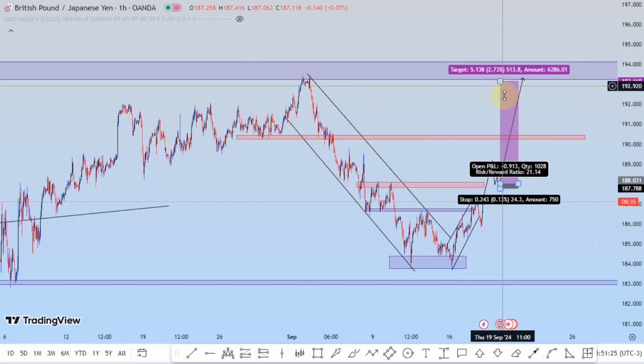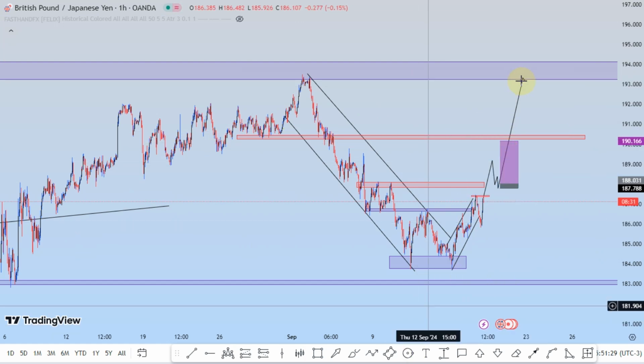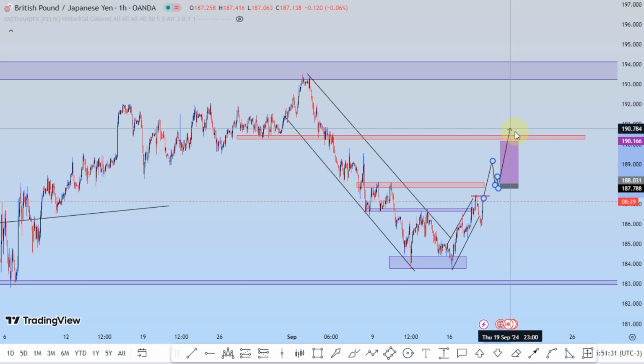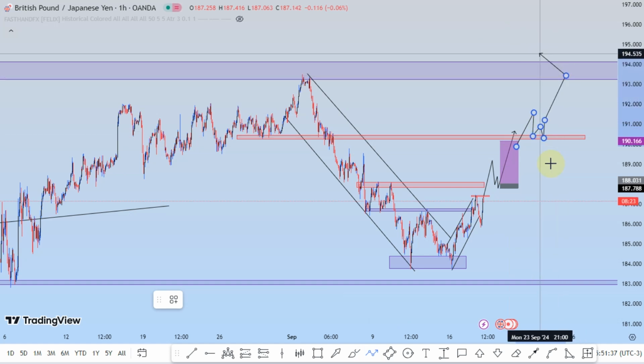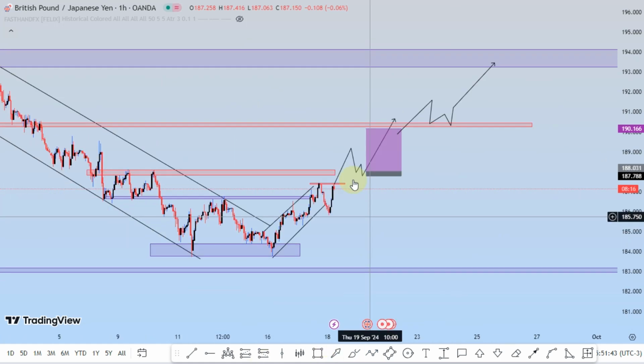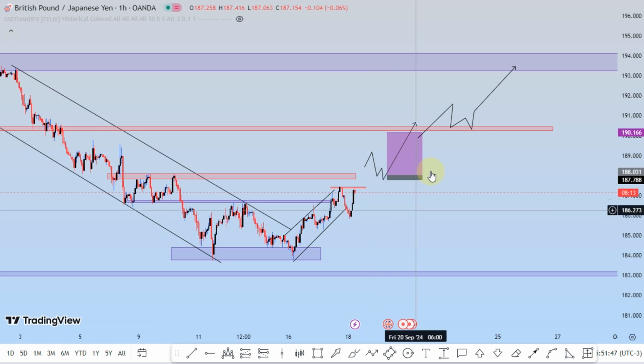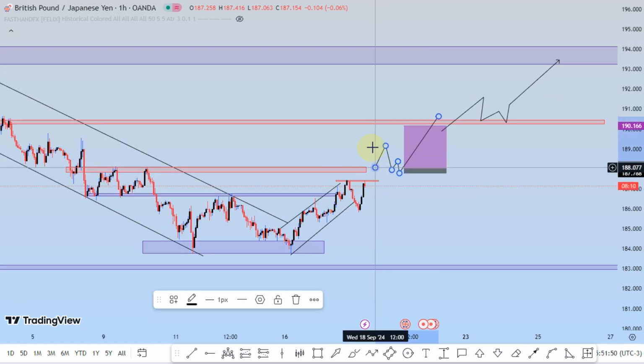So let's not be greedy. That's one, probably something like this. Once we see price taking out this level, then something like that, we should continue looking for more entries. But at the same time, if she doesn't go back, or let's just have this right there, if she comes and respects this level,